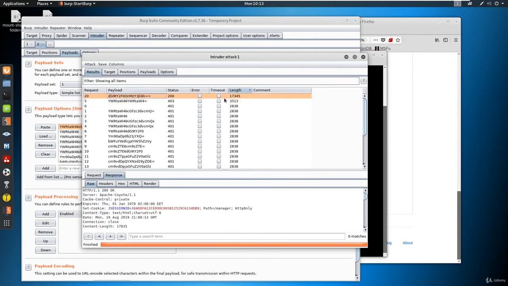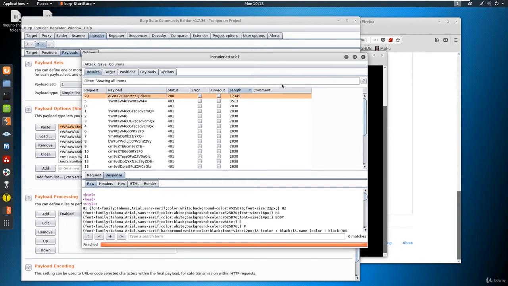This one is a valid set of credentials that does. Look at the 200 status, that means okay. And on top of it, we have a 17,000 length compared to 2,000 or 3,000 here. So significant differences, but in long lists, it's better to grep on something like an error and then just sort